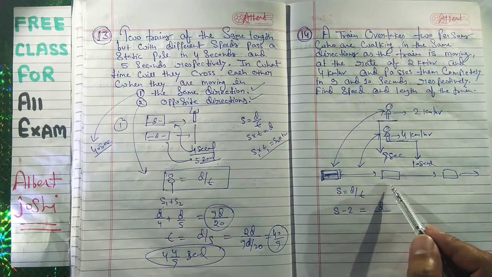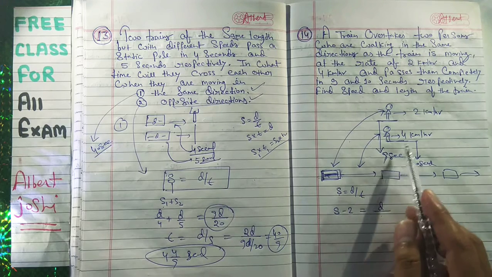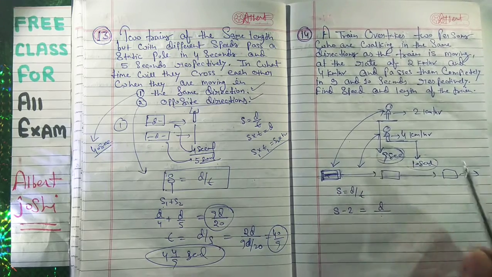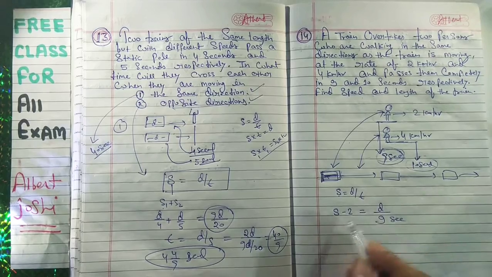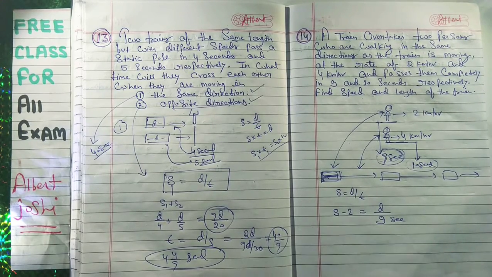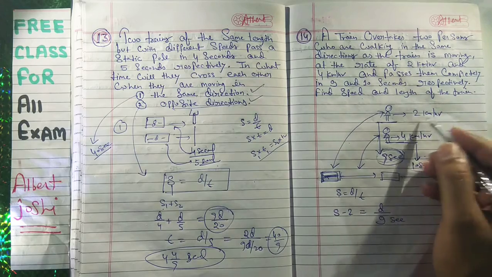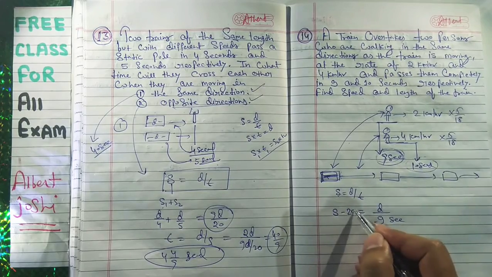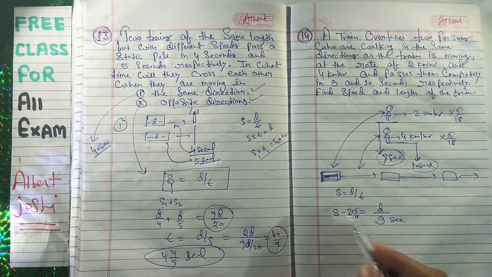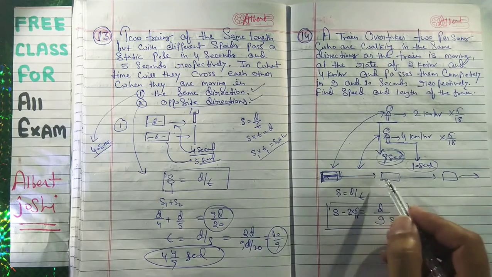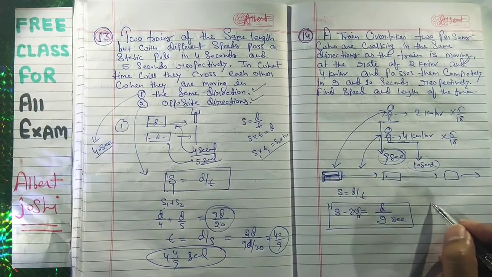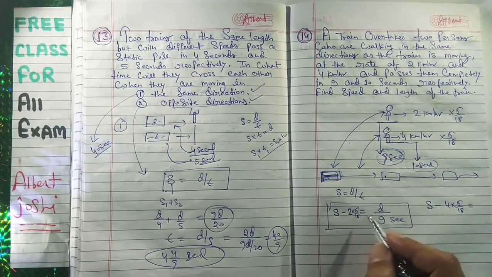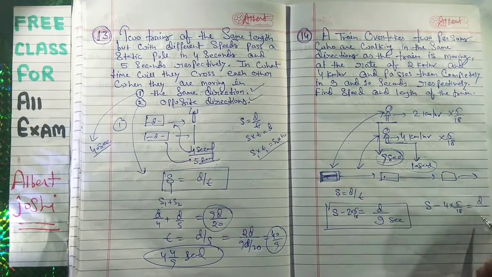This is 9 seconds. The first one is 9 seconds, the second one is 10 seconds. The time is in seconds, and this 2 is in kilometer per hour, so you will multiply by 5 upon 18, and here also you will multiply by 5 upon 18. So that is equation number 1. Again for the train and this man, s minus 4 into 5 upon 18 is equal to distance d again, but the time here is 10 seconds.